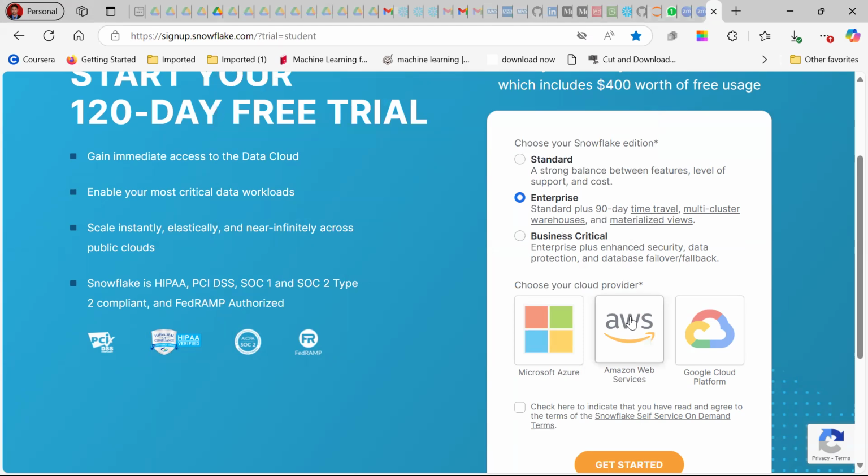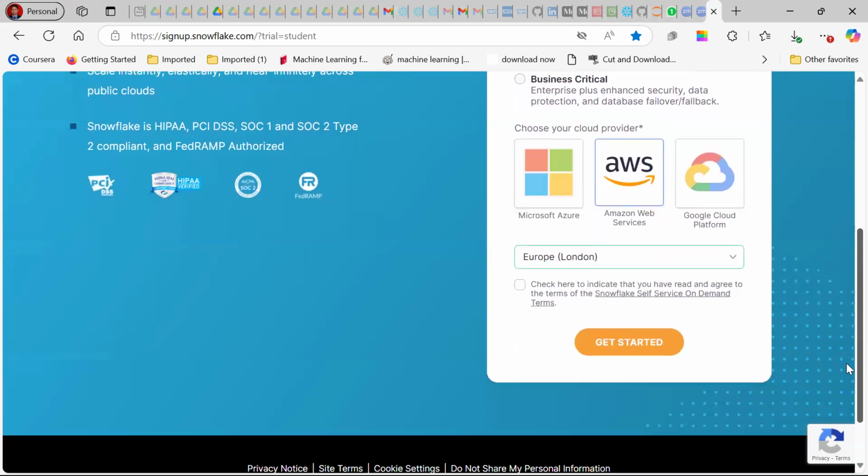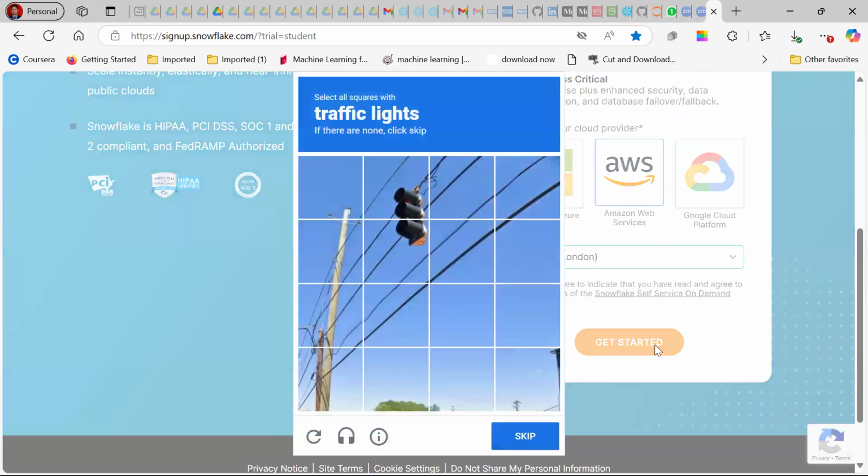And I'm selecting which cloud. I select the AWS cloud. And once you select this cloud, you can check this checkbox and click on Get Started. So it will allow you,